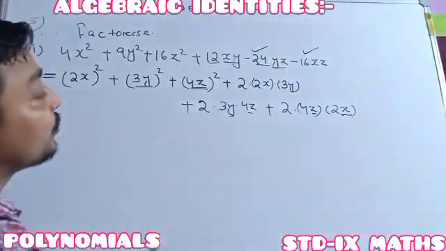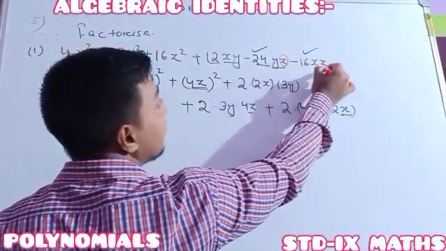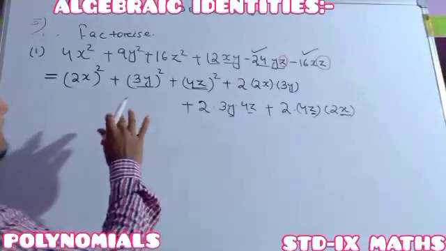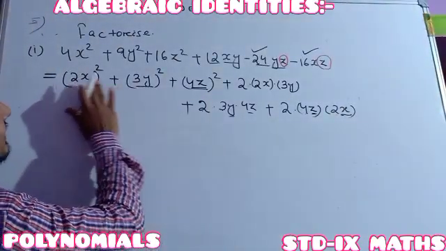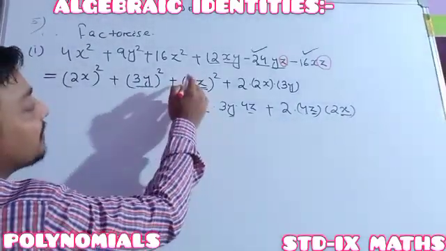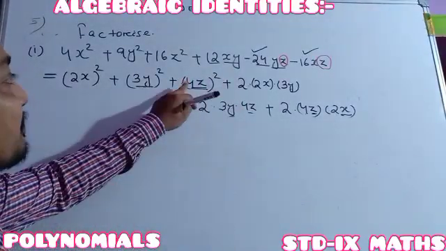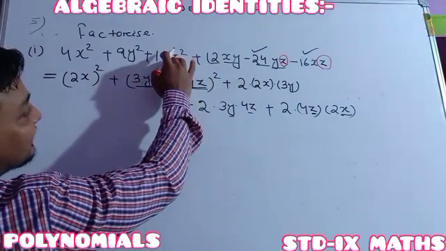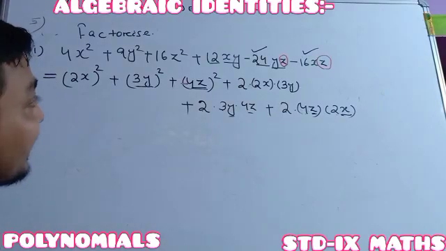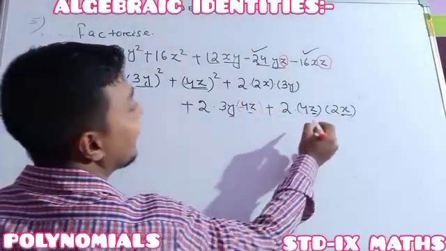Whenever you are getting two negative terms, the trick is, see the trick, here it is the z. Which one is the common? See, z is the common. As z is the common, see, z is in which term? First one having x, second one having y, last one is having the z. So this one is not the 4z, it should be minus 4z. Understood? So this one is minus 4z. See, 4z square is also 16z square. Minus 4z square is also 16z square. So wherever you got it as the 4z, there you have to write it as the minus 4z. See, here minus 4z and here it is minus 4z.